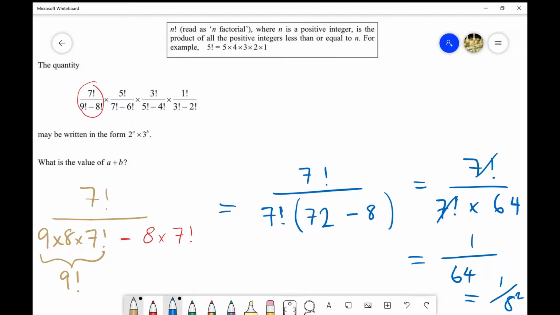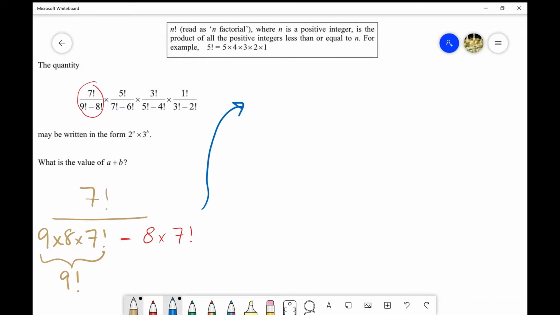Right, I'm just going to get rid of that. So we boiled this bit down to 1 over 8 squared. And if you notice, just turn this into a nice 2. Right, 1 over 8 squared. If you notice that 8 is exactly the same as that 8. These two 8s are exactly the same. What I mean by that is,